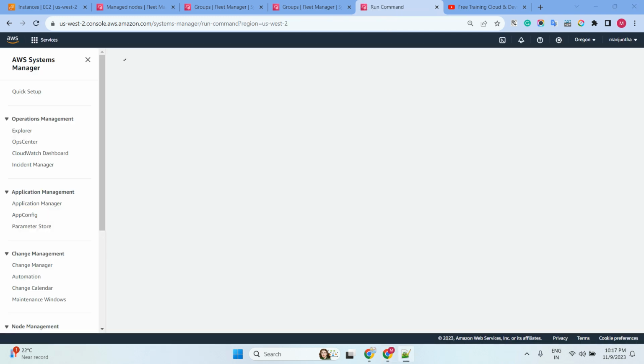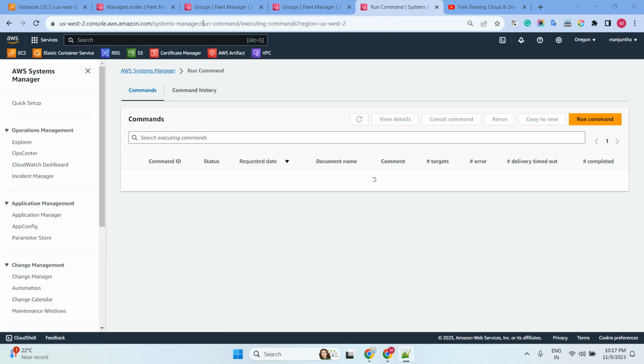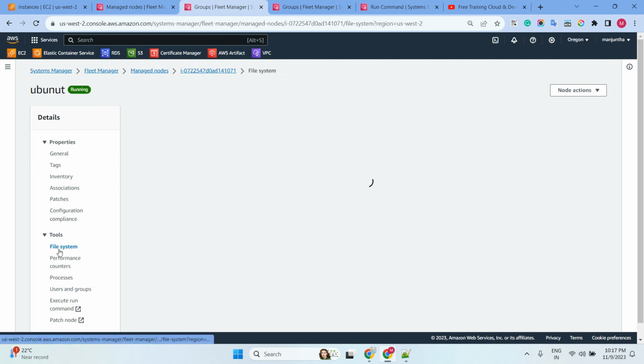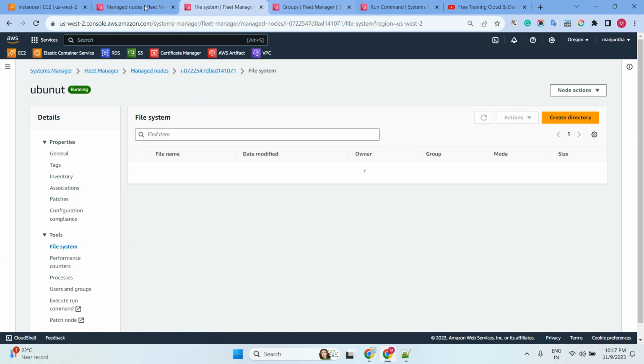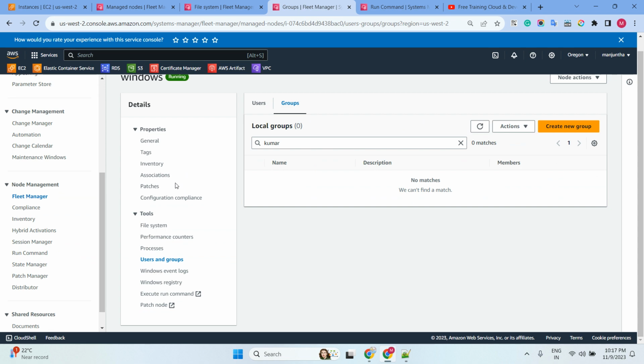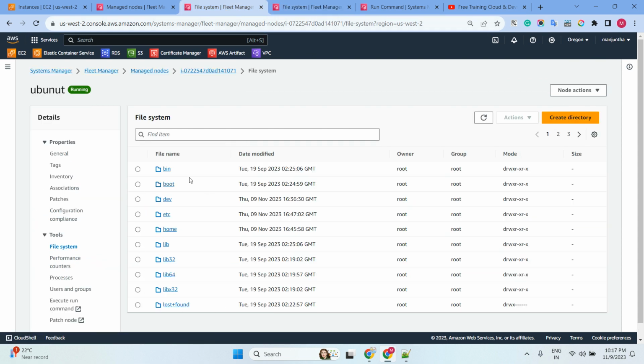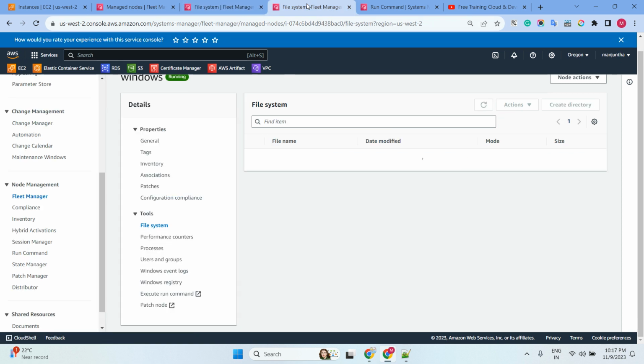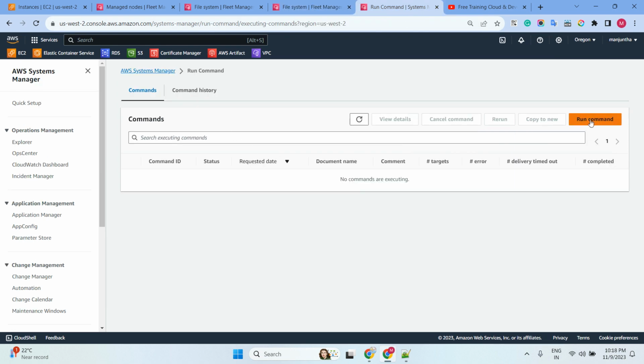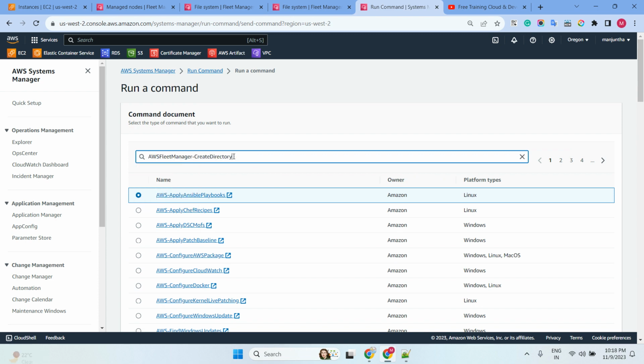documents. Now I'm going to create a directory. If you go to the file system, first you can see it for Linux. These are all the default directories, and this is for Windows. Normally the C drive will be there. Let's wait for the refresh. In the meantime, we can just run the